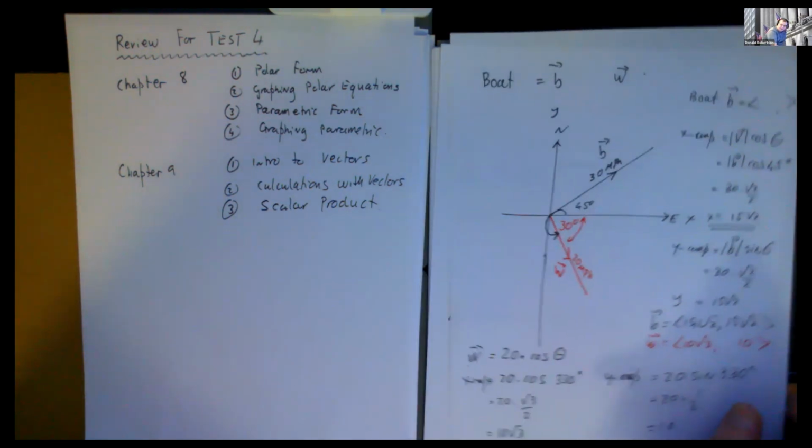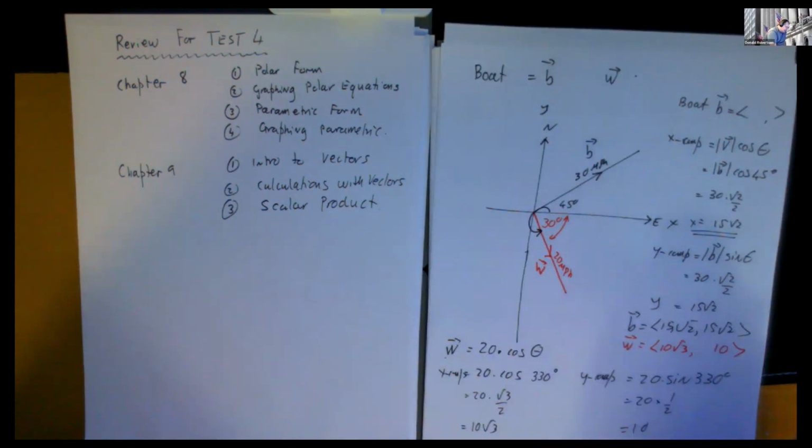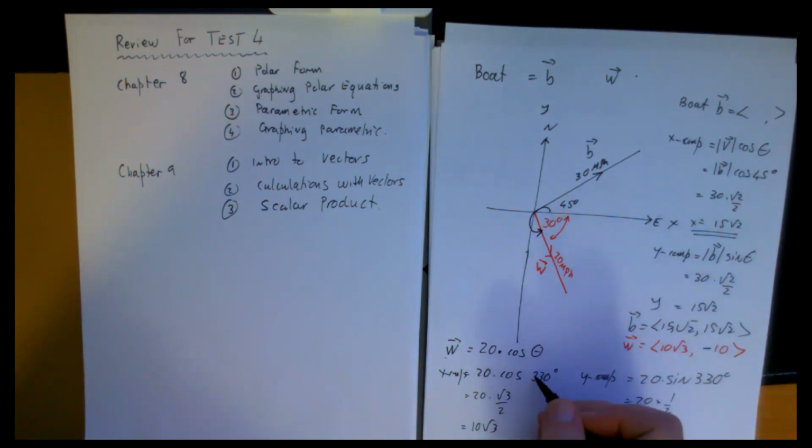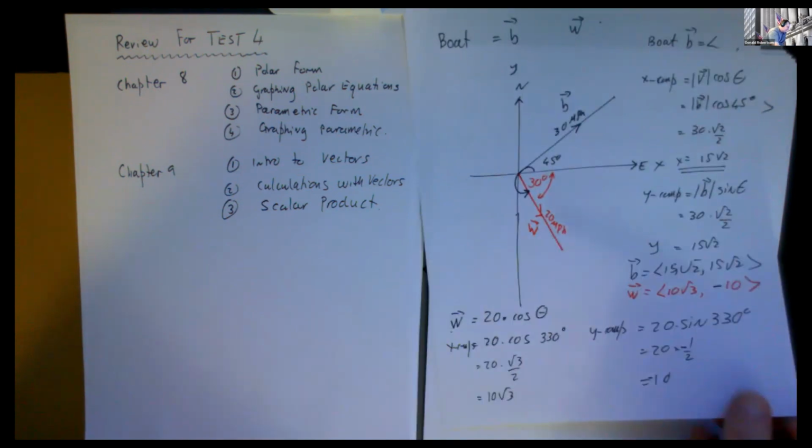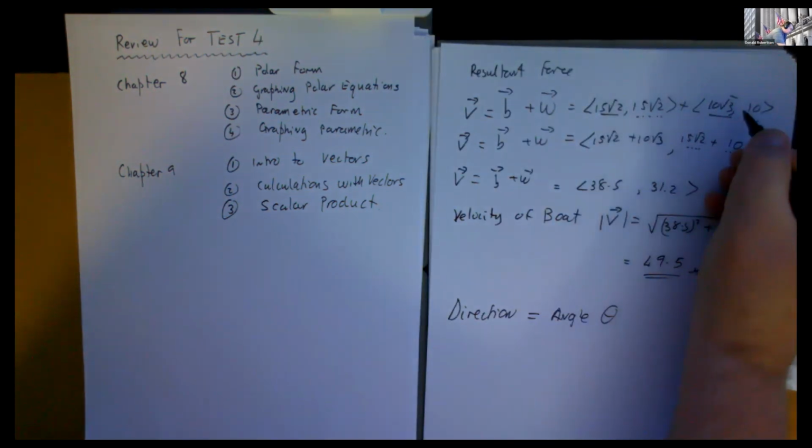Remember this guy that I got here? Have you noticed something about its x and its y? Do you notice that should be negative 10? So when I was doing the sine of 330 there, it's negative 10, right? Now that's going to make a big difference